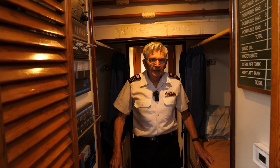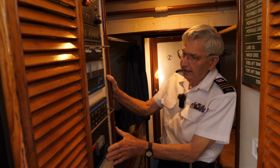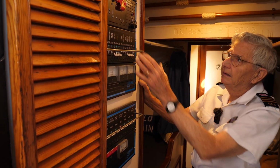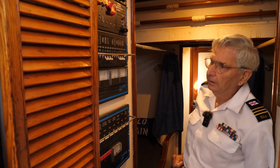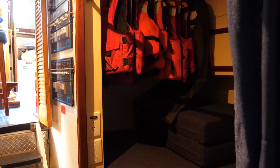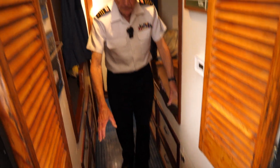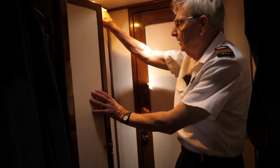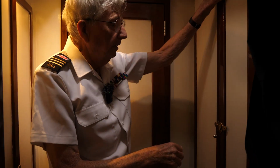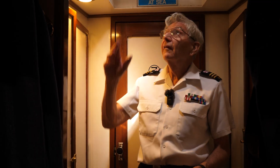So this is the forecastle. We have all our electrical panels here, both for the 110 shore power and also for all the ship's power. So this is where everything is monitored here. We have bunks on the port and starboard side. We have drawers underneath for personal gear, and lockers here which have drawers in for spare parts. Up here we have lockers for gear, both port and starboard. Most of this is wet gear in here. We have an escape